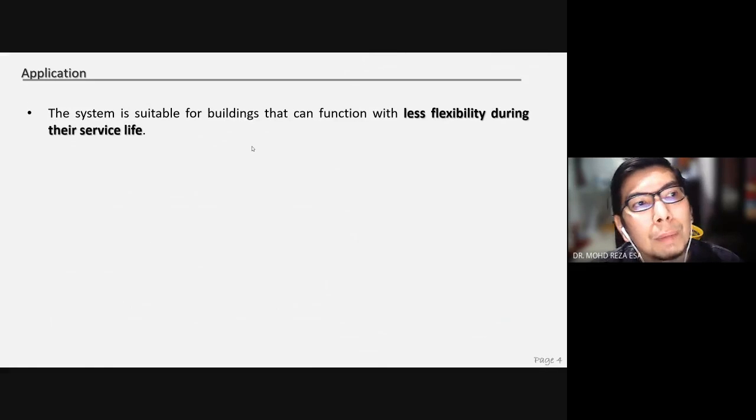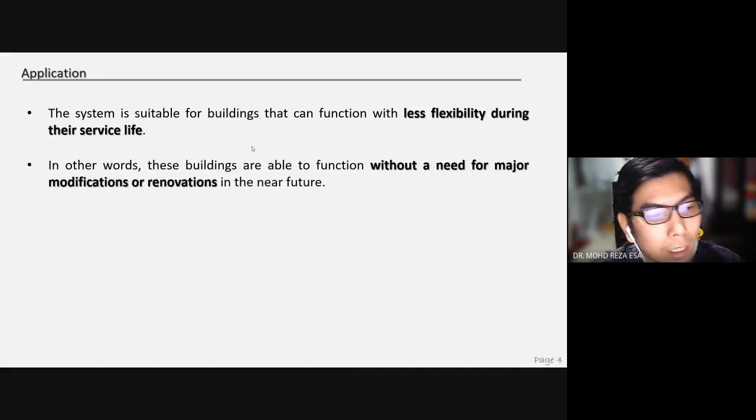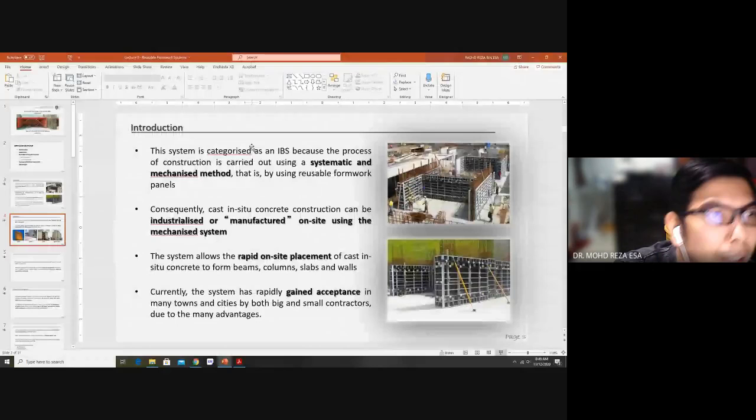Alright, in terms of application, so basically